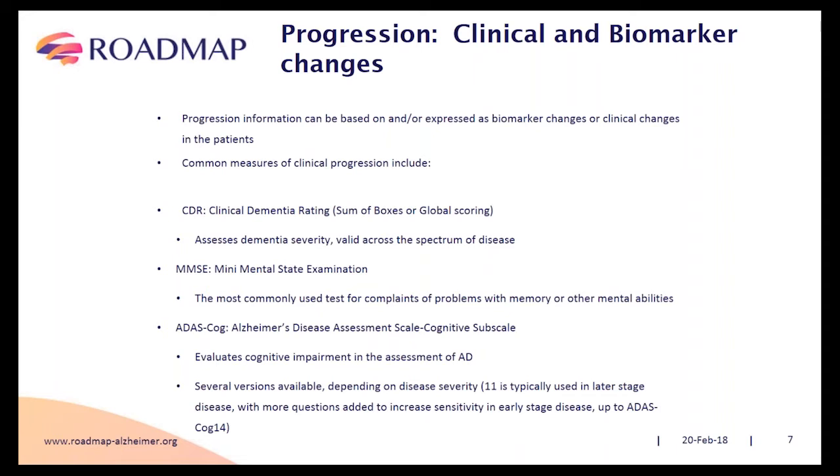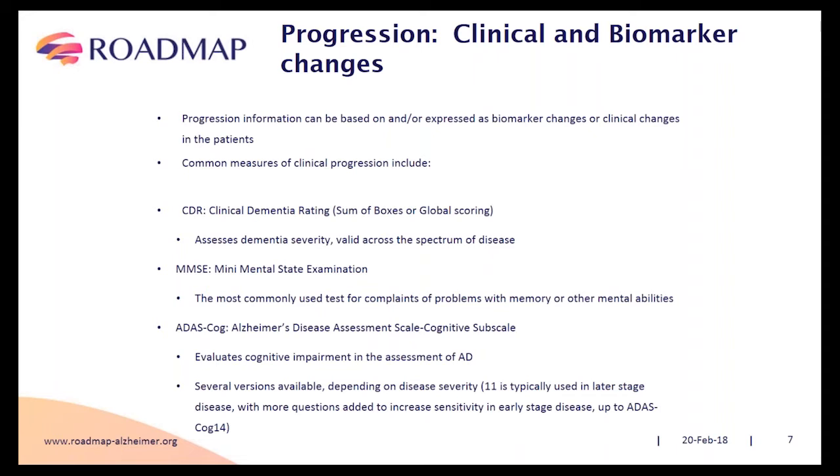But it's possible to, and I should also add another category for preclinical AD. So we can comment that for the CDR, you're able to distinguish preclinical, MCI due to AD, mild, moderate, and severe disease. And this is able to assess your dementia severity as well as your pre-dementia severity, and it's valid across the